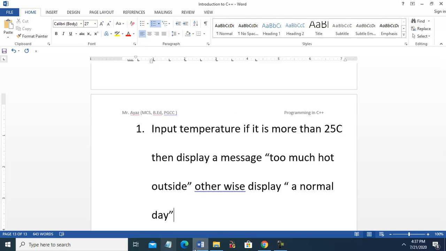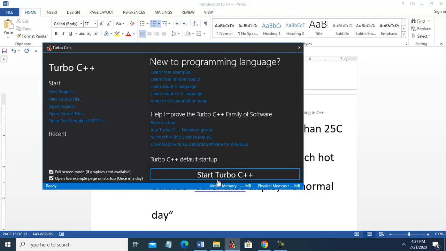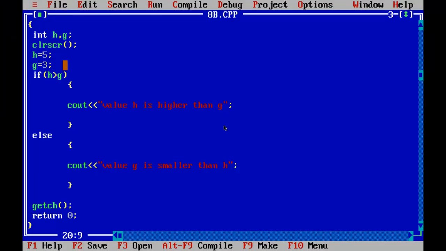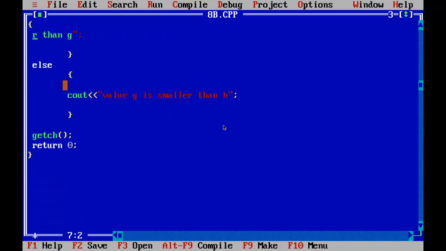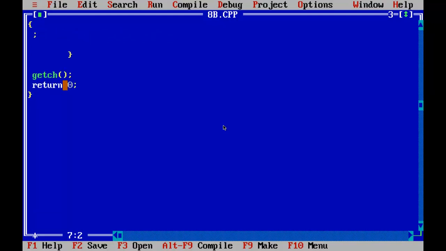So let's see. Open C++. Okay, so the program is here. Get ch.